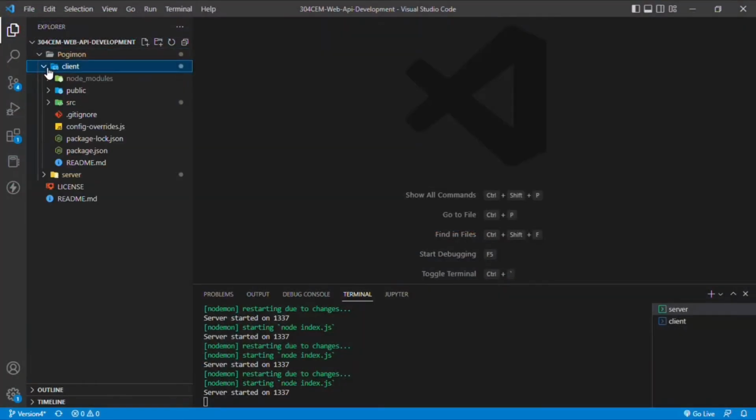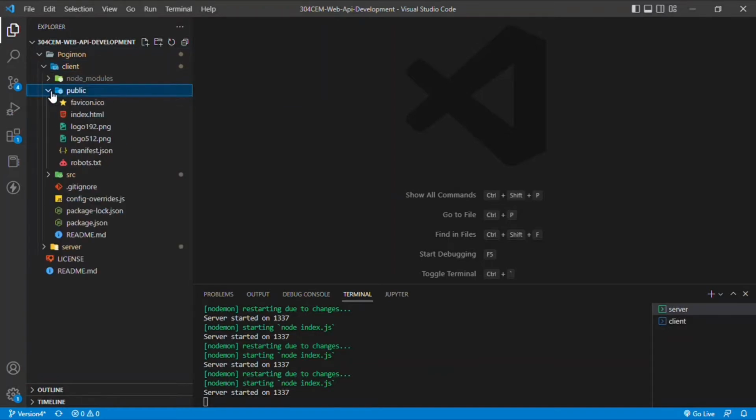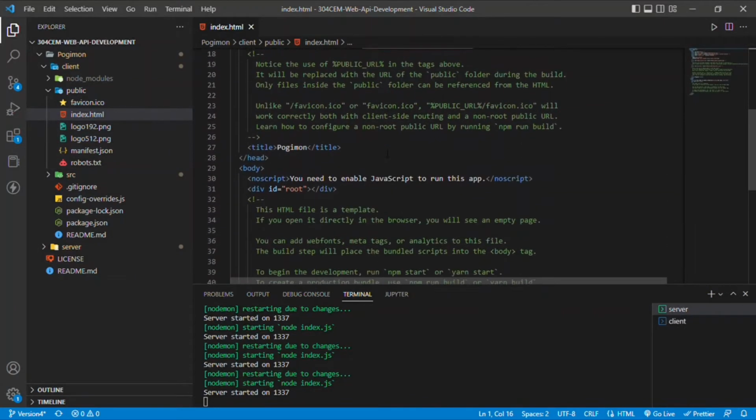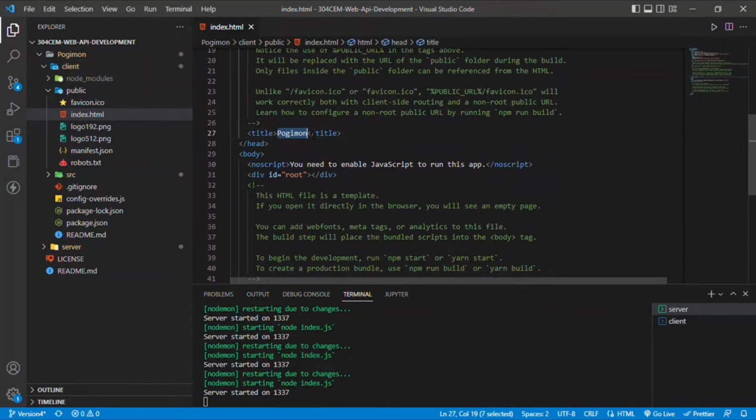In the client folder, there is a public folder and source folder. The public folder is generated when a React app is created, and the only change that I've made is in the title. I've changed it to the name of the website which I've developed,